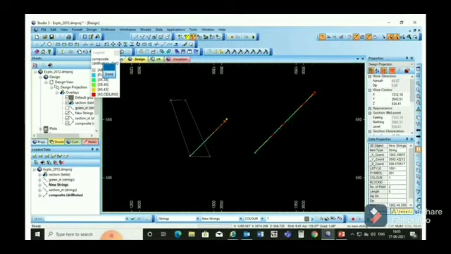By taking the NS command, we will start digitizing our waste body like this. Here our waste body is in a particular dipping, so we have to digitize our waste body as per the alignment of its dipping.